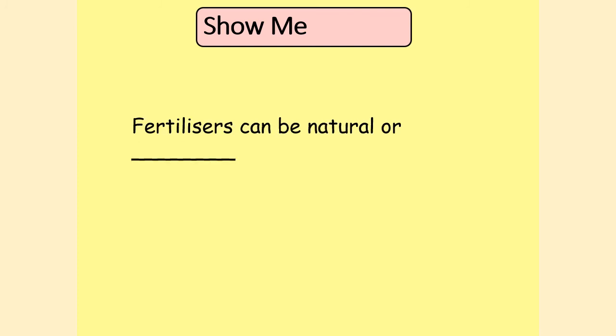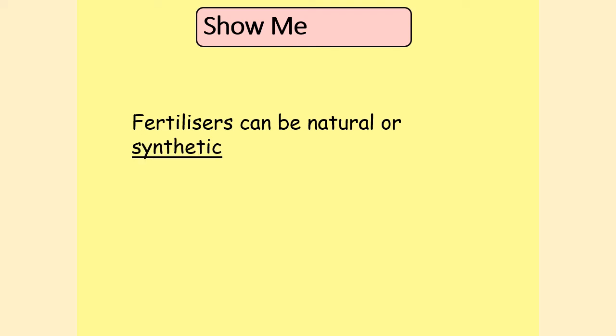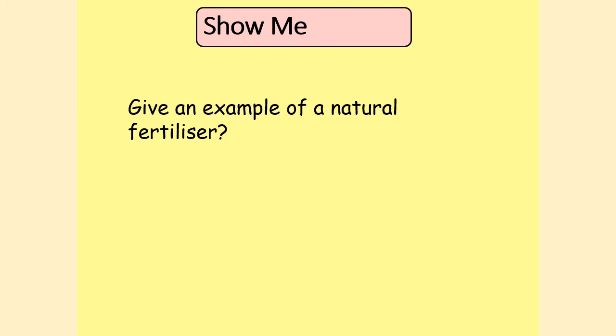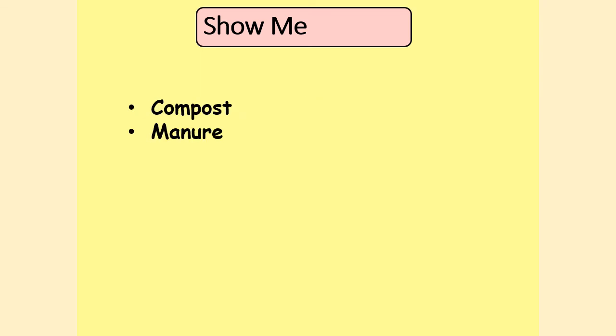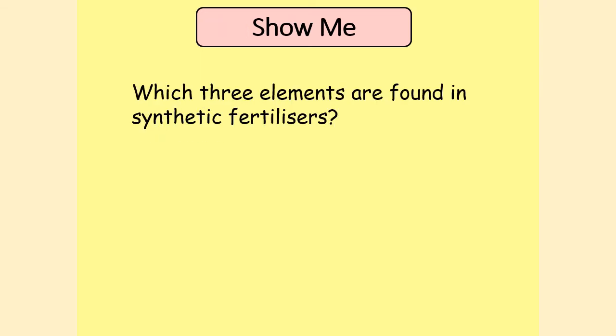Fertilizers can be natural or they can be synthetic. Give an example of a natural fertilizer. Well, you could have compost or manure. What are the three elements found in synthetic fertilizers? Well, those are